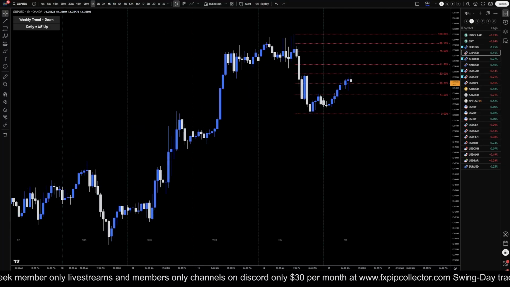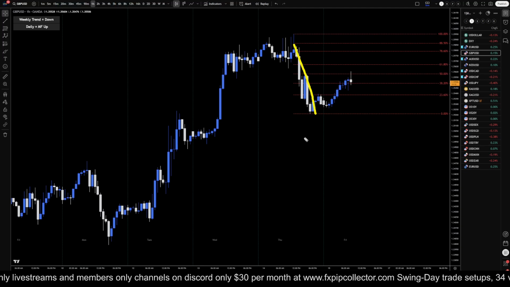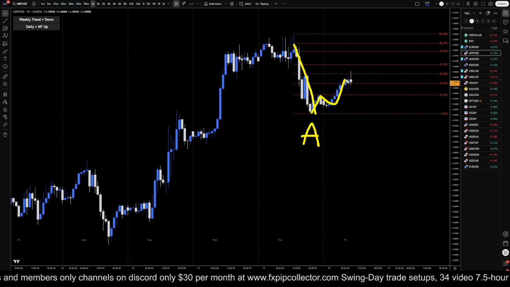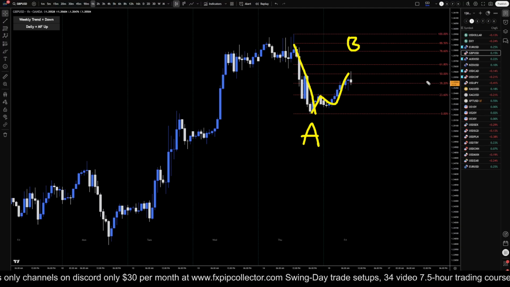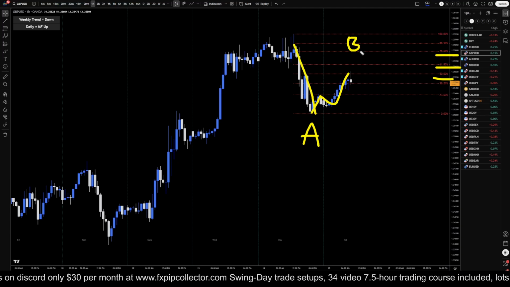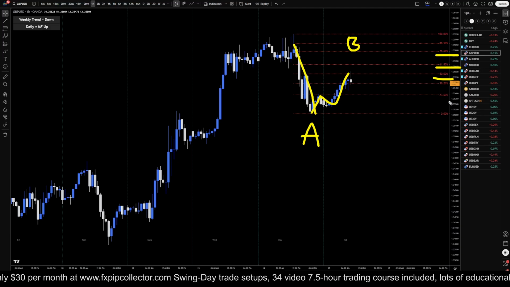So going down to the 1-hour time frame, we got nice impulsive down, probably a wave A. We got what looks like a crescent, probably a wave B. I would definitely have my Fibonacci retracement on this move down, and I would be paying very close attention to